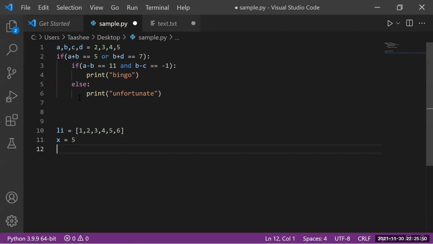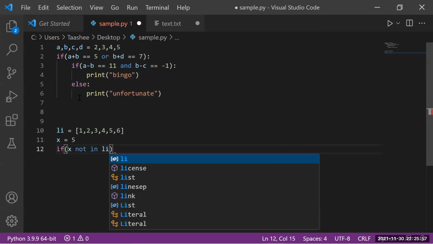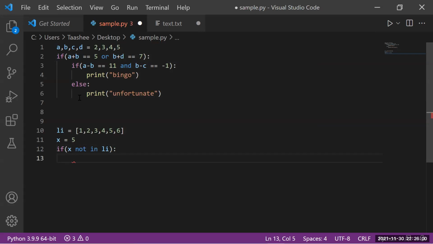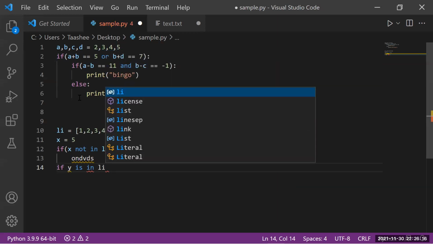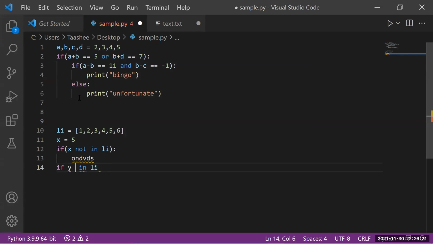I can do it this way: if x not in list, this will work. Do something. Or else I can also say if y is in list, even I can give braces or not, it's not a big deal, or I can avoid this as well. Y in list, do something.